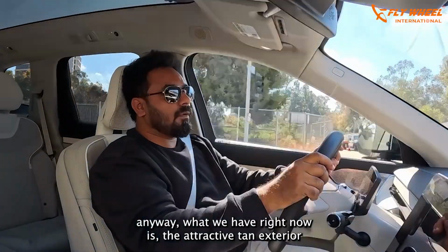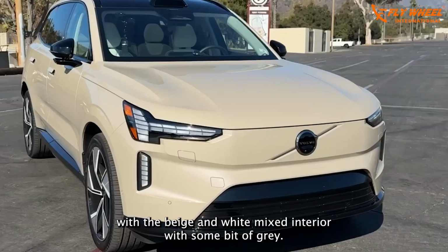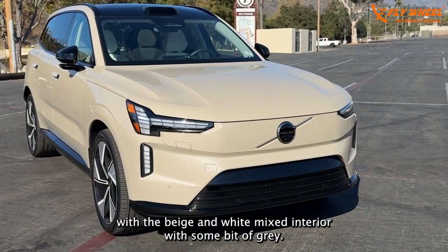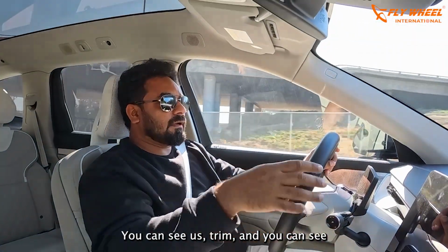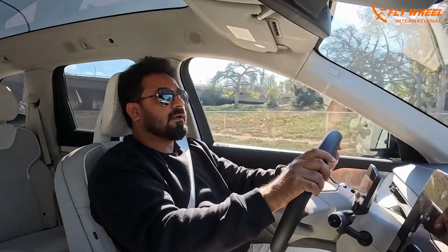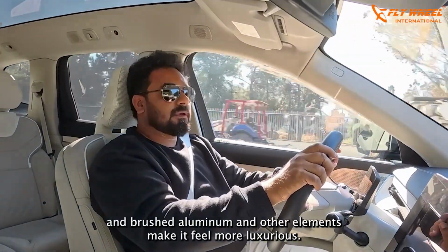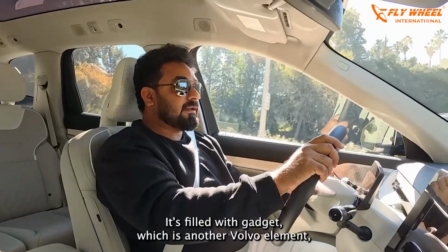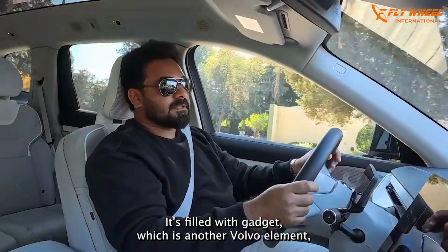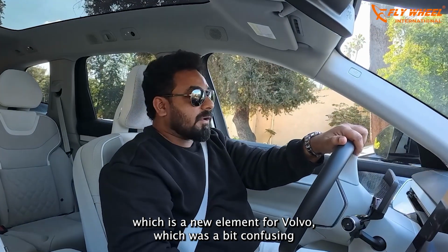Anyway, what we have right now is an attractive tan exterior with a beige and white mix interior with some bit of grey. So white you can see as a trim, and you can see beige and grey as the upholstery, and brushed aluminum and other elements make it feel more luxurious. So whatever said, it's filled with gadgets, which is another Volvo element, which is the new element for Volvo, which